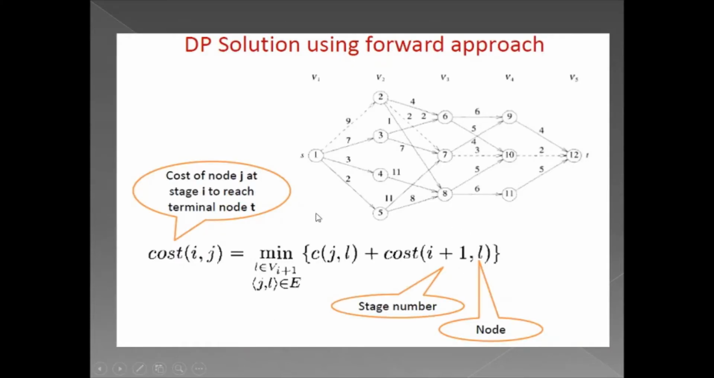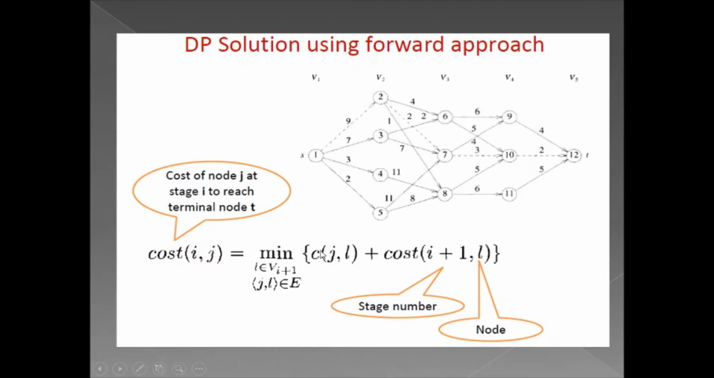So the dynamic programming solution is going to use a forward approach in order to solve this multi-stage graph problem. So here the formula given is cost of i comma j. Here this is the cost of a node j at stage i. So here you can see, cost of i j means what? This is the cost of node j which is present in the i-th stage, which we are going to find by taking a minimum of